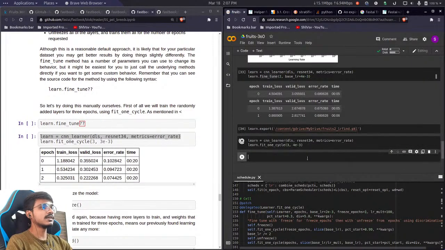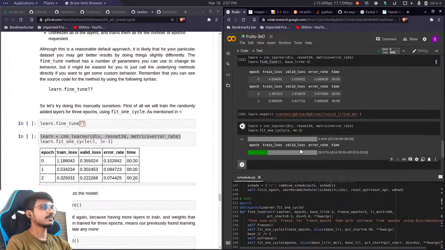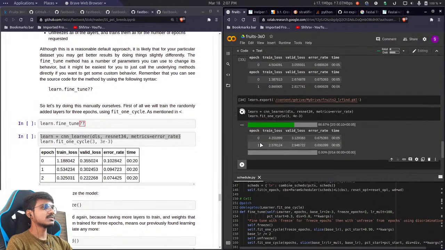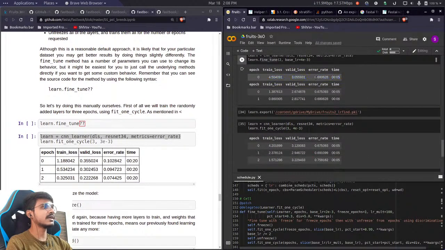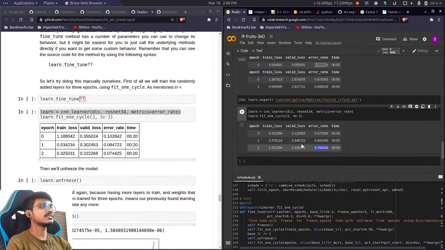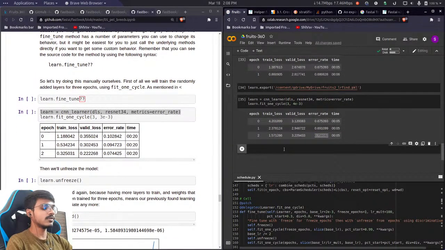Let's check the learning rate. So this is doing these epochs. We were down to 0.68, and for the freeze epochs it actually made it worse. It is 0.75. It's okay, this is not the final result. Now we are going to unfreeze it,